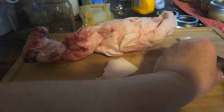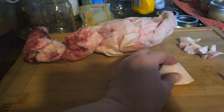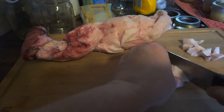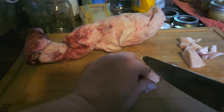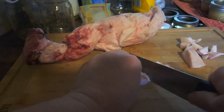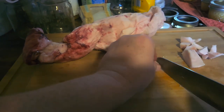But with this, I'll just make it small pieces. I'm thinking that this has already been cut up some. I don't remember if it was ground or not because my butcher friend is awesome. Anyhow, as you can see, I'm just going to cut this up in bitty pieces and then I'll put it